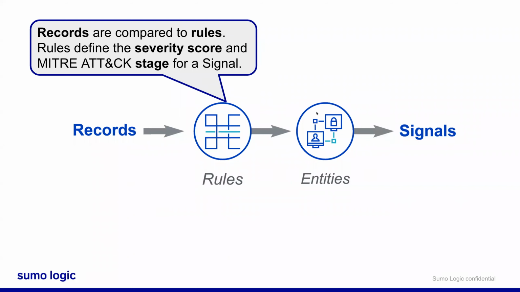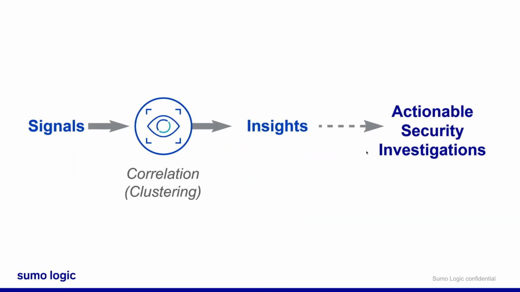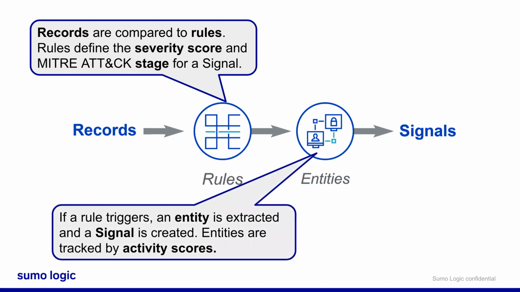Now, what's an entity? I've alluded to this a few times. The entity in the signal is going to be something like an IP address, a MAC address, a hostname. It's basically going to tell us who or what was involved in the event that the record described. And the entity is going to be extracted from the record. Every signal will have an entity. And then the entity's activity score is going to be the sum of all those severity scores of all the signals it appears in. So basically looking at all the times the entity shows up, adding those scores together, and that's going to trigger something. We'll talk about what it triggers shortly.